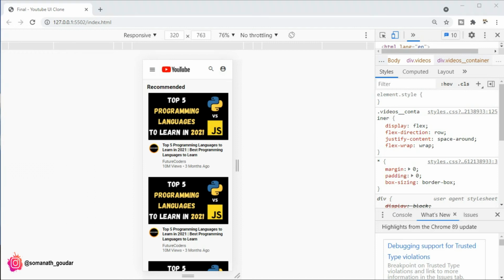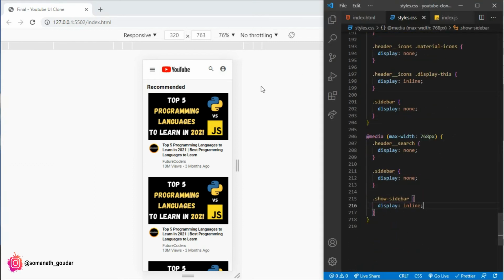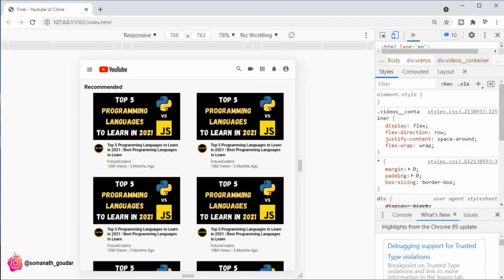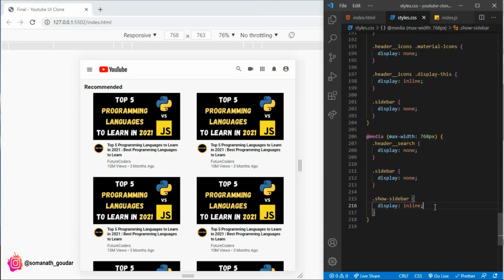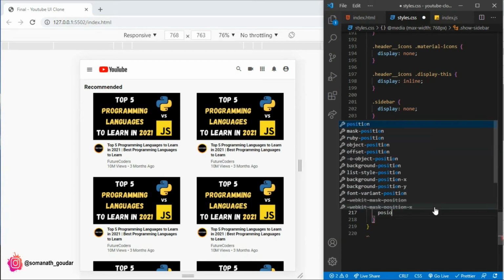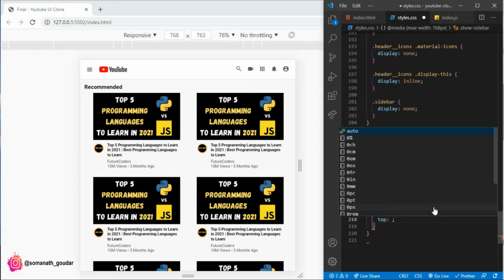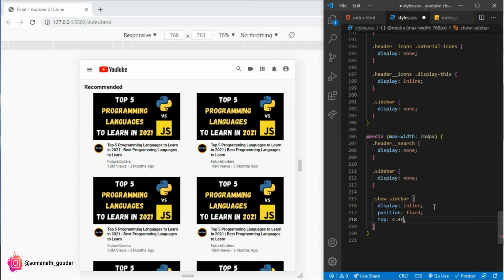Okay, now let's head over to our styles.css. Over here, okay, it looks nice in the tablet, but not nice. Okay, I'm gonna make it position fixed so that it floats, I'm gonna say position fixed, and it should be at the top, leaving 4.4 rem, and the height is going to be auto.